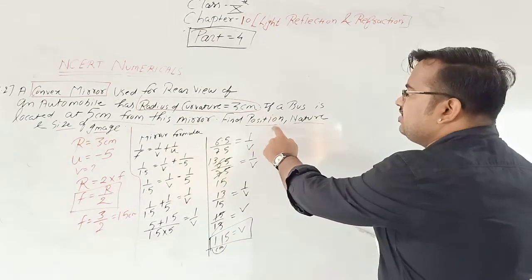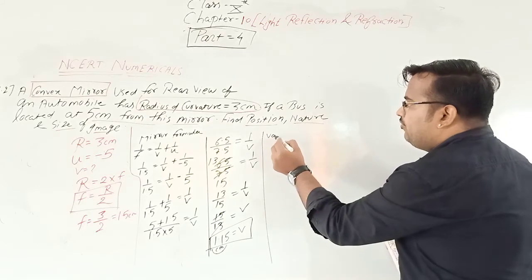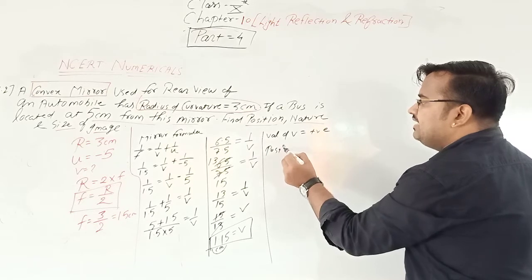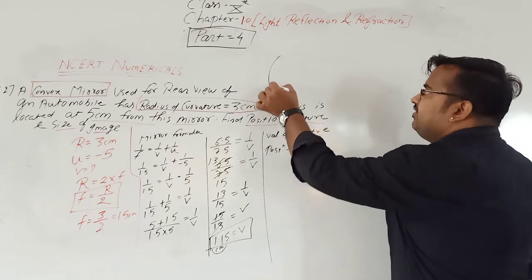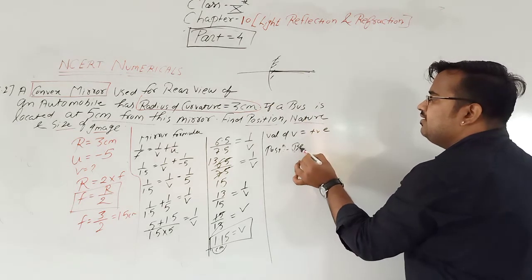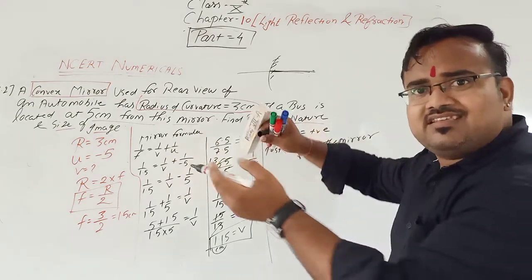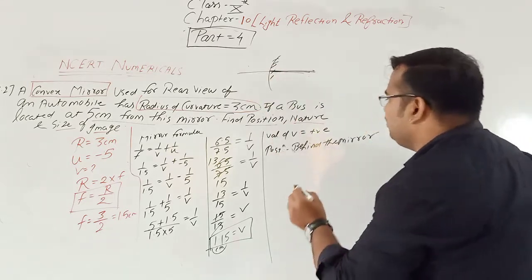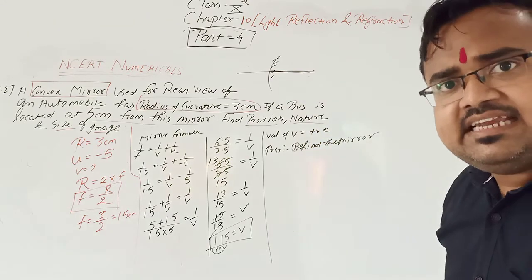Now, what is the position of image? The value of v is positive. That means, what is the position? If v is positive, then positive distances are on the right side. So we will write the position of image is behind the mirror. See, positive distances are always on the right hand side and this side is behind the mirror. This is the front of the mirror. So behind the mirror. Clear? Then now we'll find the nature and size of the image.